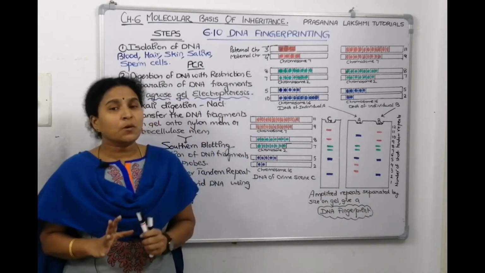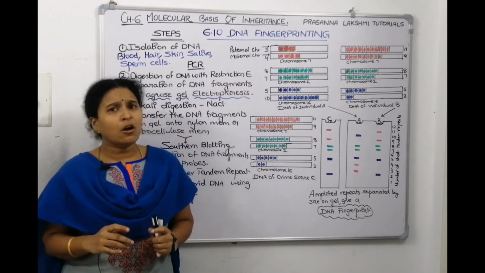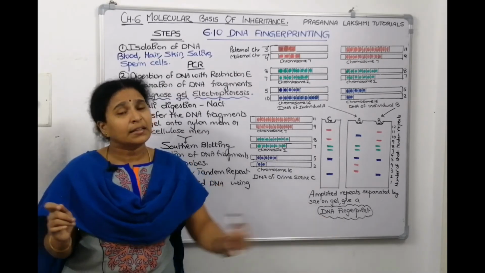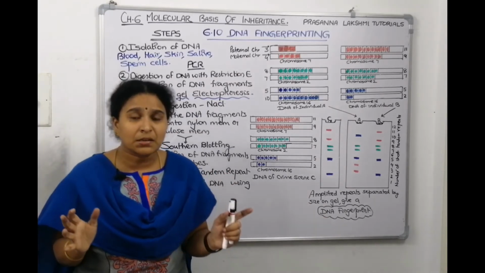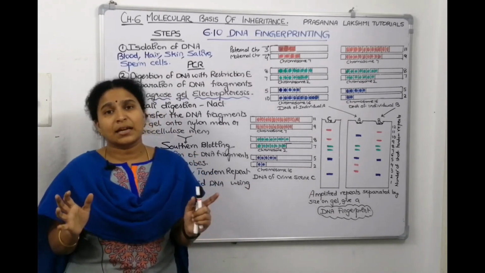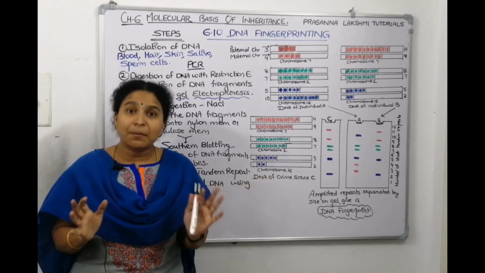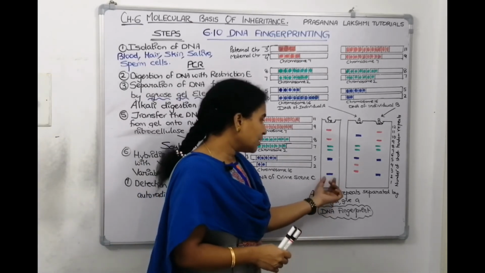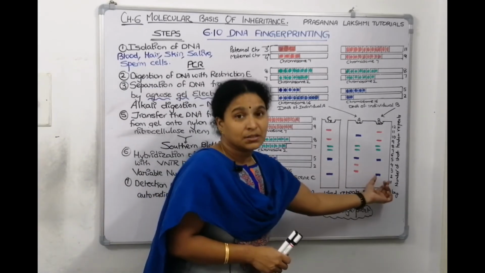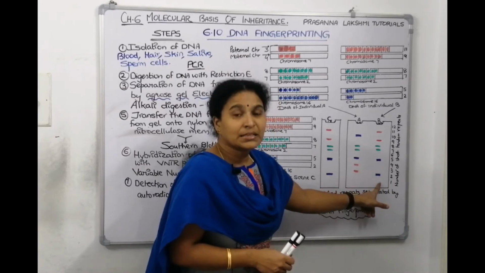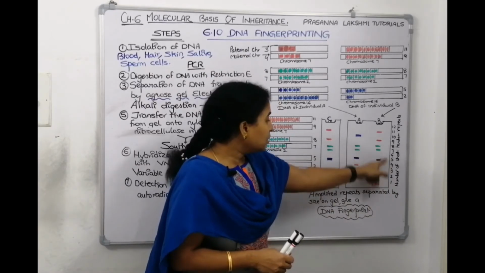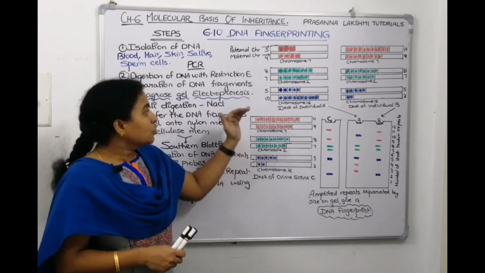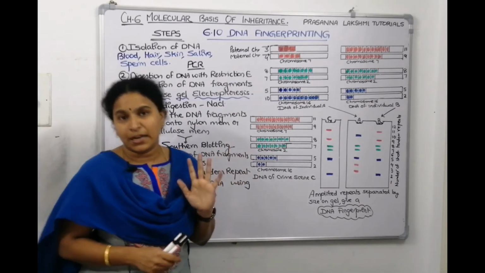So comparing, that's what I told in the starting of the technique: we are not doing the sequencing from A, B, C, D, E, F, G, H, X, Y, Z, which is a very expensive and time consuming task. Instead of that, we will just compare. When we compared here, we came to know that B only has committed the crime, because his DNA is matching with the DNA available at the crime spot. So children, these are the steps of DNA fingerprinting.